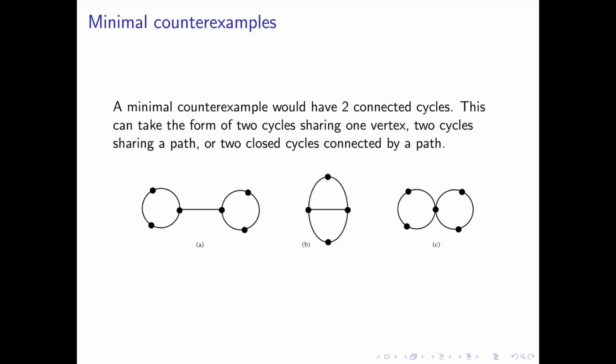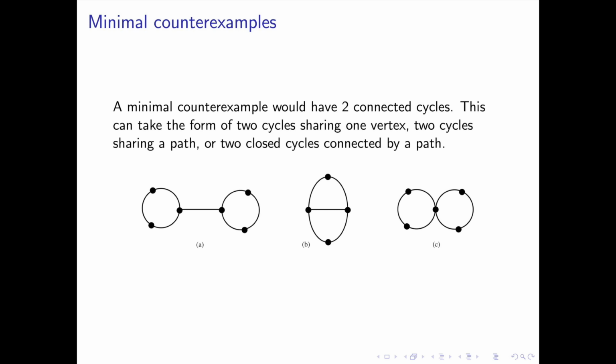It is easy to see that there's a counterexample of type A if and only if there's a counterexample of type C, because you can add or remove the path connecting the cycles from the counterexample graph of one type to create a counterexample of the other type, since the length n path in A adds exactly n edges and n vertices to C, so the inequality between the number of edges and the number of vertices is not affected.